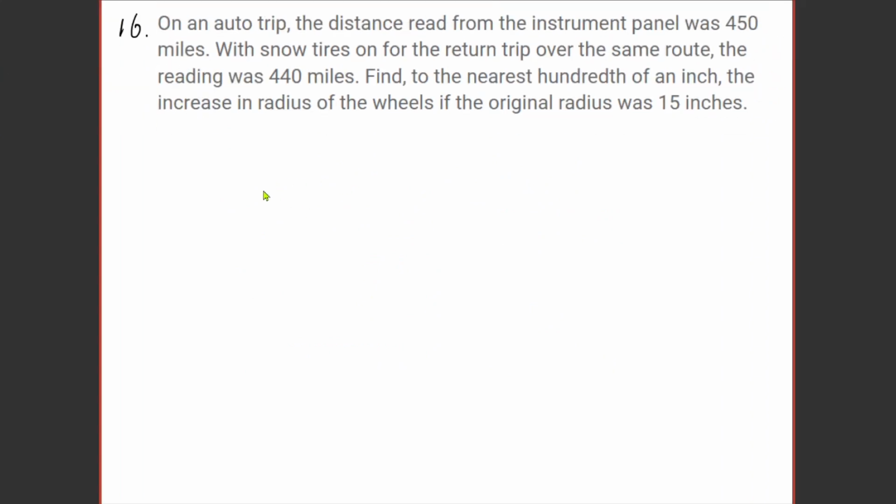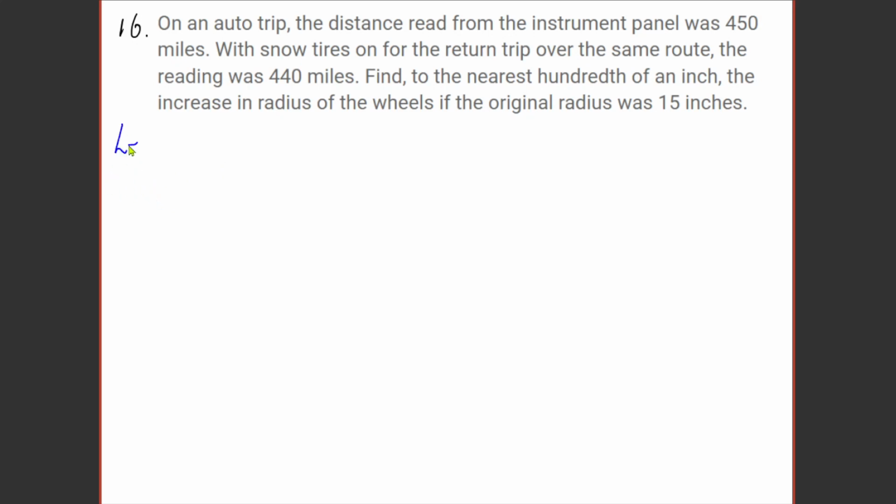Okay, so if the radius of the tires were doubled, the tires would make half as many revolutions on the return trip, right? So the car would register half of the distance traveled on the return trip. This makes us think that the distance shown on the instrument panel and the radius of the tires are inversely proportional. So if we let n be the number of rotations a tire on the car makes,